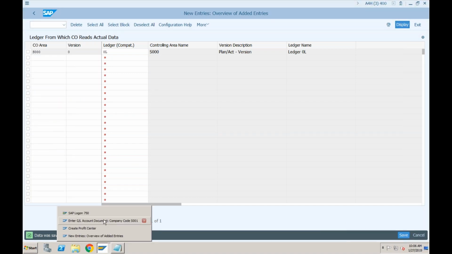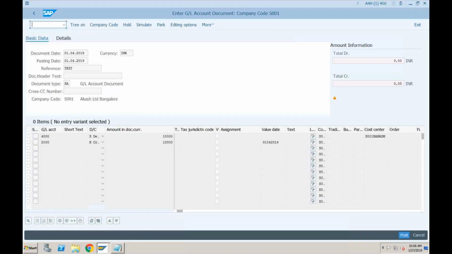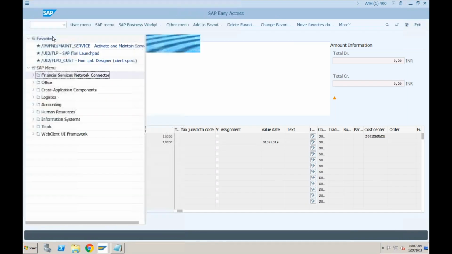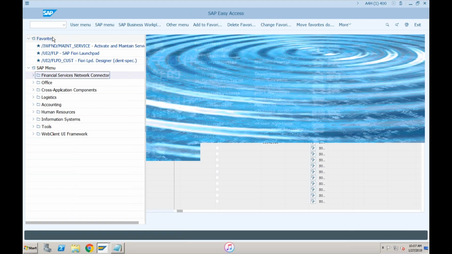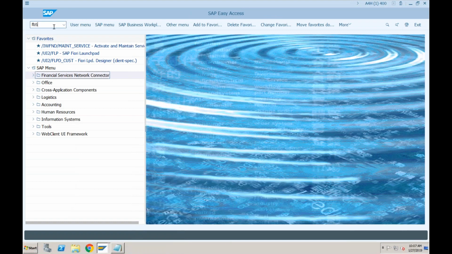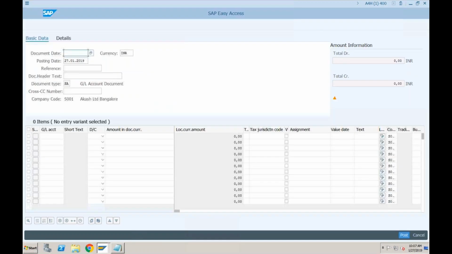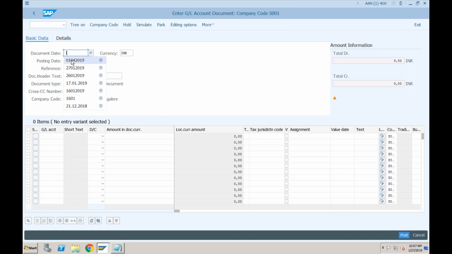Let's go and see once again if we are able to proceed. So let's try to post once again. It is still showing the same error, so maybe we need to go out and come again. FB50. I'm still expecting some errors.